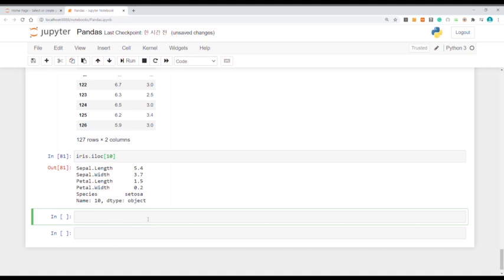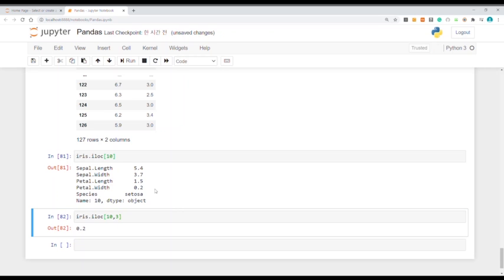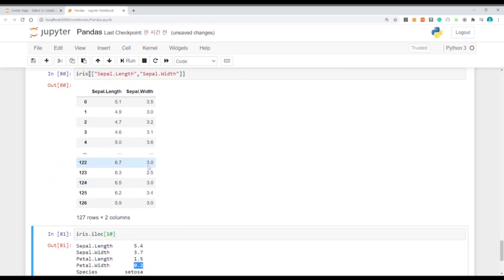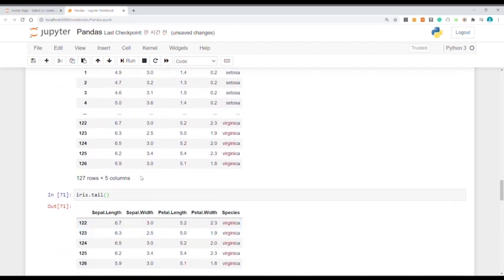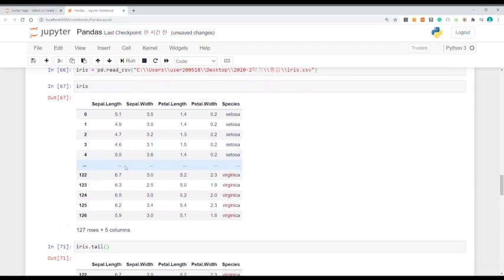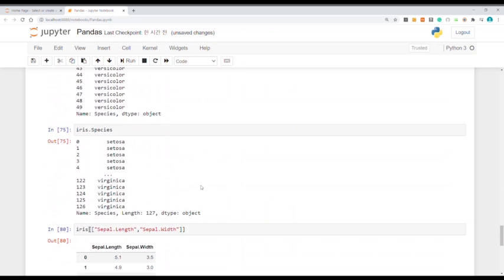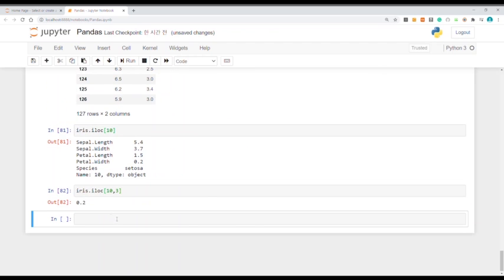We could grab a specific row and column, which is a coordinate. If we say iris.iloc, you should probably guess it by now, 10, 3, it's going to return 0.2, which is here. It's going to be the 10th and 3rd. Actually the 4th, because it's 3. That's what it returned. And another function we could do,